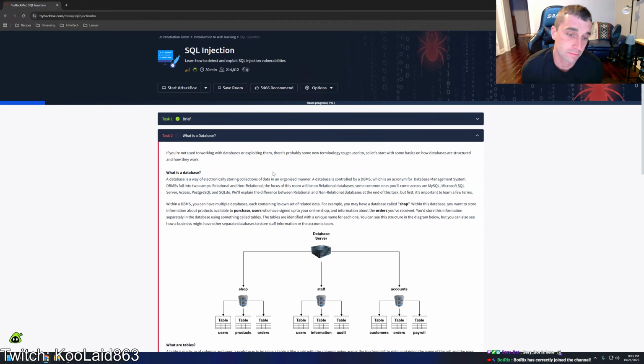DBMSs fall into two camps, relational and non-relational. The focus of this room will be on relational databases. Some common ones you'll come across are MySQL, Microsoft SQL Server, Access, PostgreSQL, and SQLite. We'll explain the difference between relational and non-relational databases at the end of this task, but first, it's important